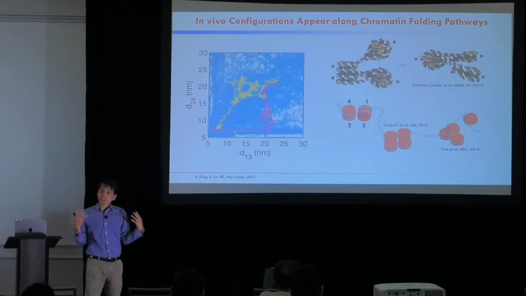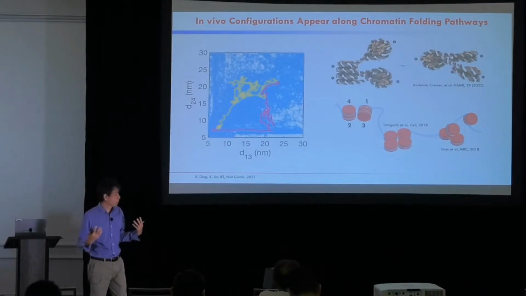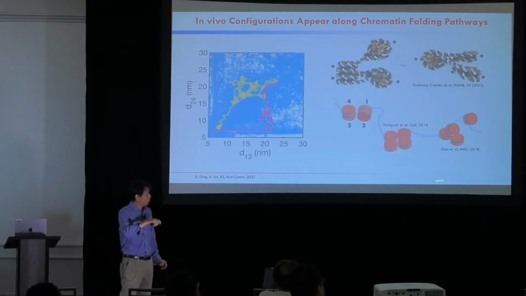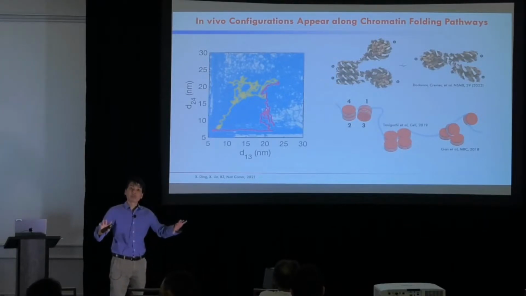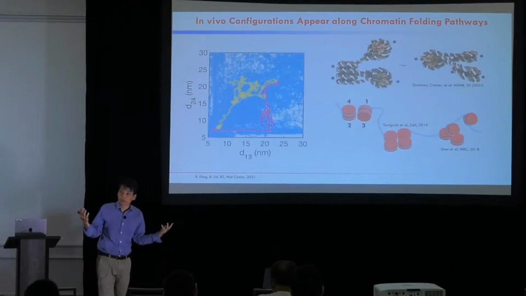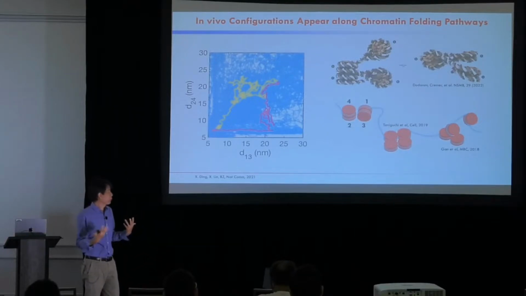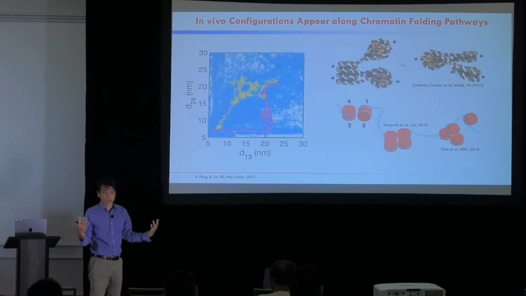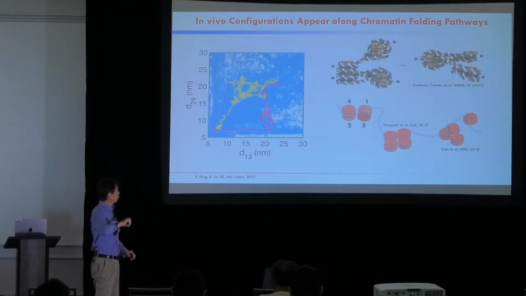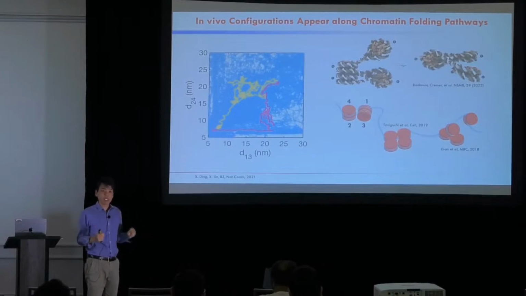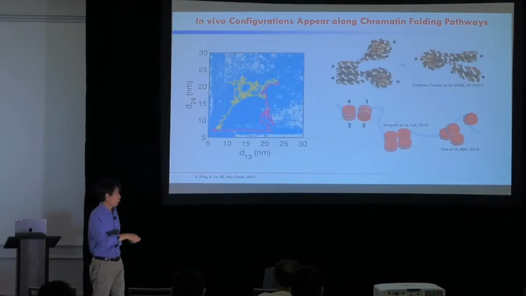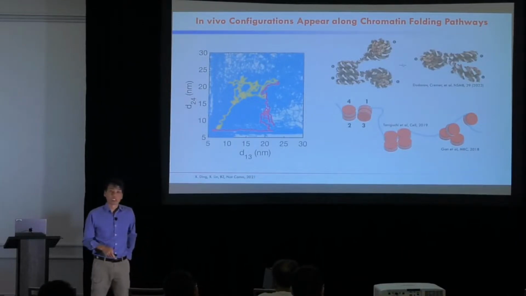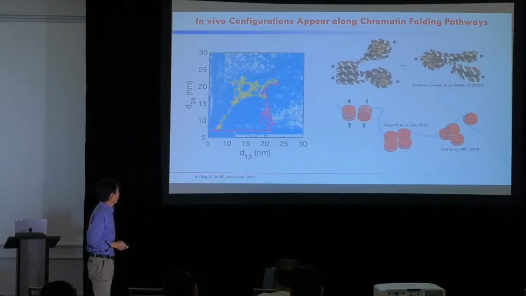So this raises a very interesting hypothesis, which is that maybe a lot of those in vivo structures are not really that random. They may appear irregular because they are actually more like folding intermediates or unfolded excited states, if you like. Maybe the fiber structure is indeed connected with them, but maybe just a change of condition somehow drives the chromatin unfolding from the fiber structure, which results in those in vivo configurations. Okay,